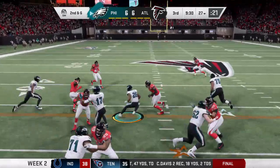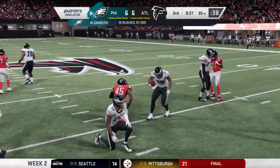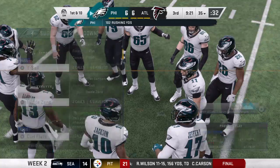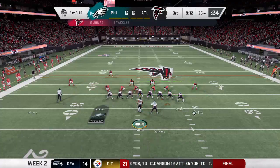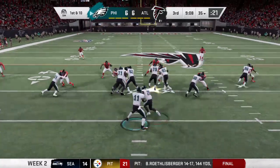They'll keep it on the ground. Sanders, and he's able to take this one up to the 35-yard line. 7 yards there and a first down. That's a nice, crisp run for a first down. I wonder if the defense might have been loosened up a little bit, maybe anticipating a pass instead of the